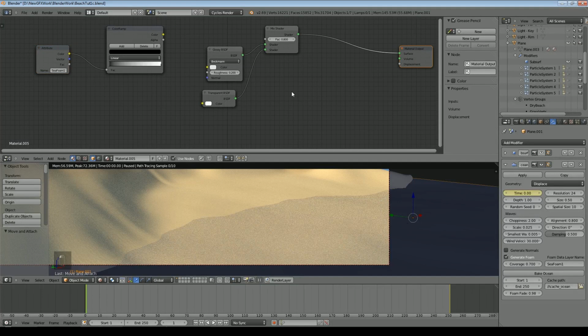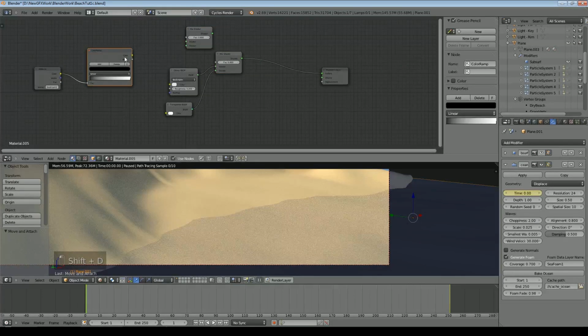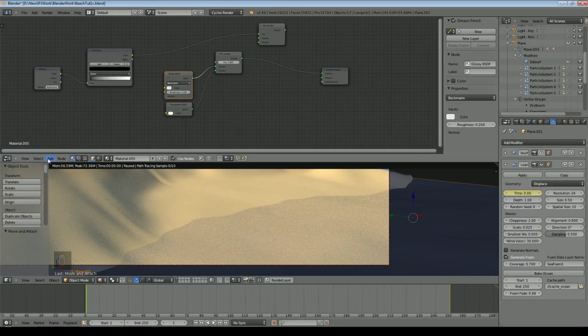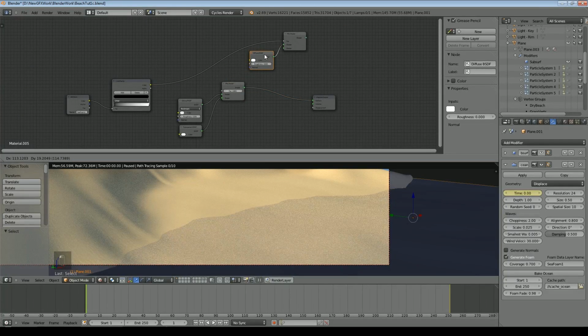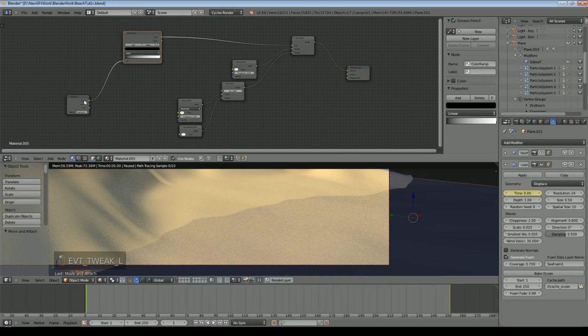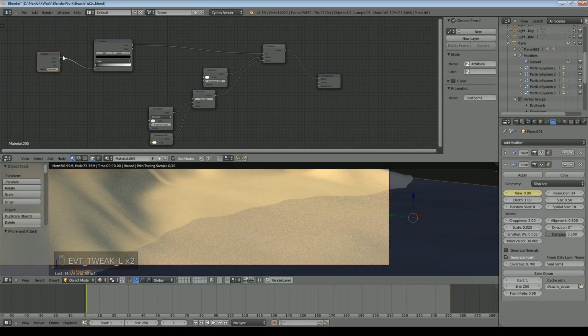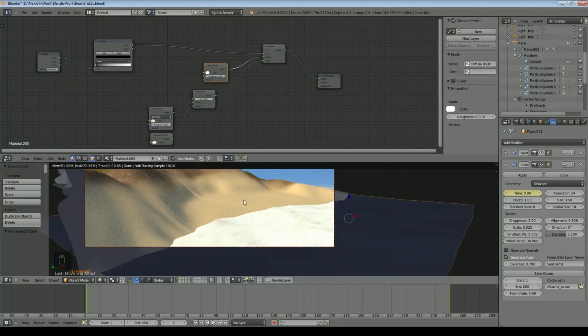So we'll make another mix shader. This is going to be fed into the factor of the mix shader. So we're now going to add a diffuse, just a simple white, and that's going to go into one side of the shader, and then into the other is going to go our glossy, and then that outputs to our surface. I'll just move this stuff up here a bit. So what we've got now is that the foam is determining whether we display a simple diffuse white or whether we display the transparent glossy effect. So you can see we've now just got a very white area,